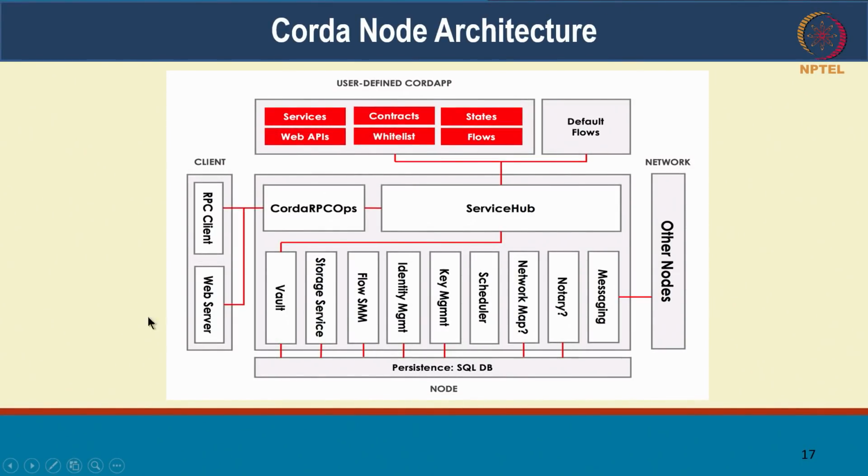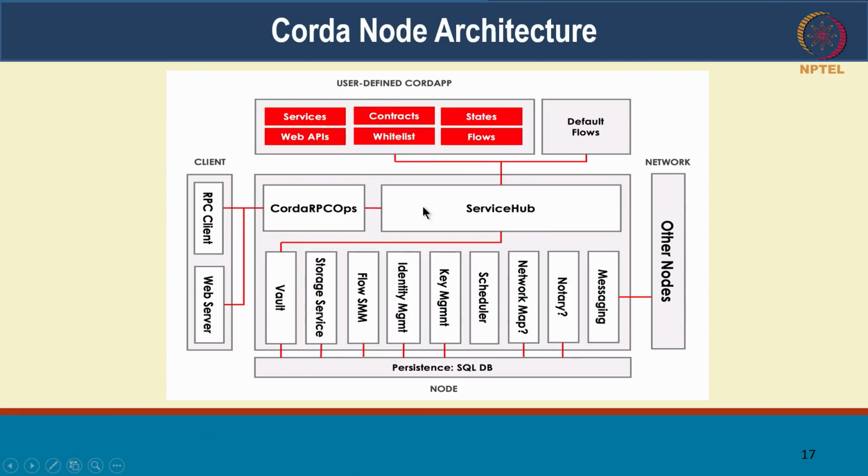Okay, so this is the overall reference architecture for Corda. It includes all the components of Corda. We talked about how the vault stores the state information that each peer is aware of, the storage itself, the transaction flows management, identity management, key management, and the network map that tells you which peers are running on which IP addresses. How do I send messages to a particular bank, for instance? How should I address them? It can refer to notaries. It will have a messaging service that connects to other nodes.